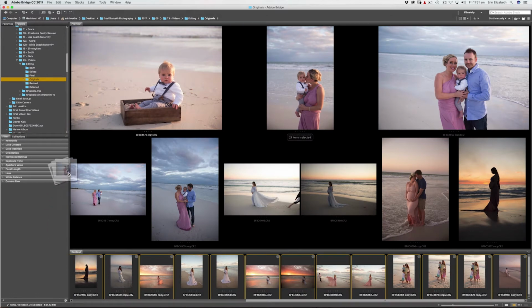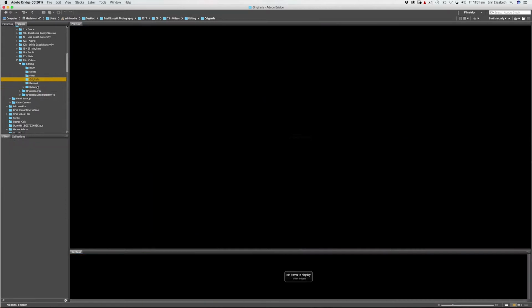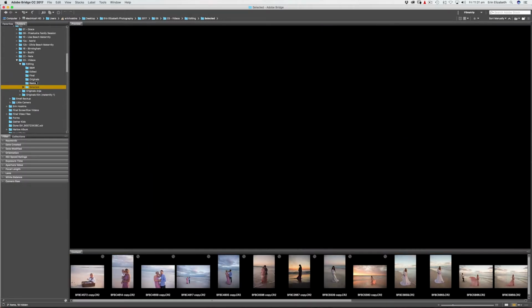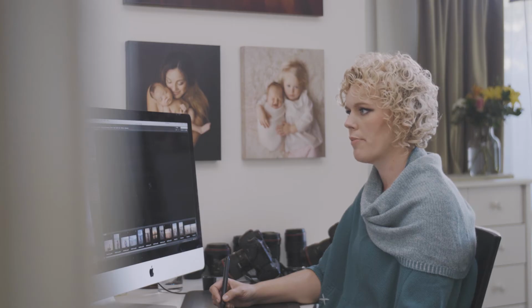So what I'll do is I'm just going to take these and slide them over into selected, which leaves me 0 in originals. Normally I have all of the images I don't use in the originals, or the raw files, meaning that when I send the files to that client, I've ordered the prints and everybody's all happy, I can then delete this originals folder. I do sometimes hang on to the selected folder